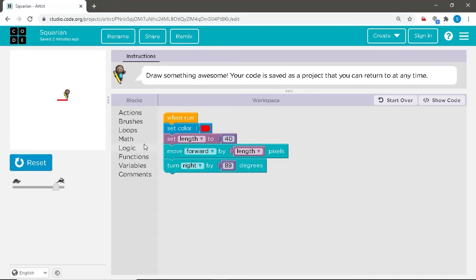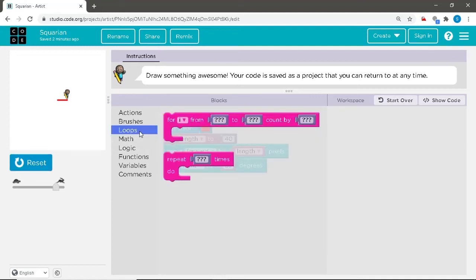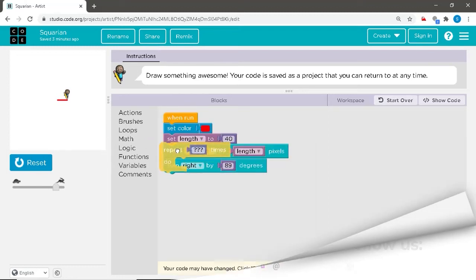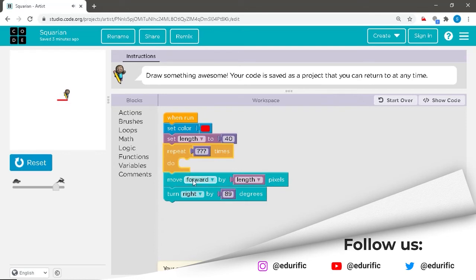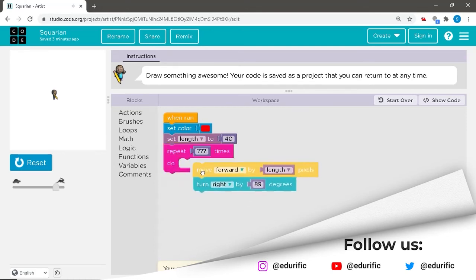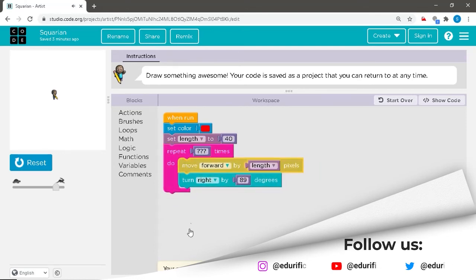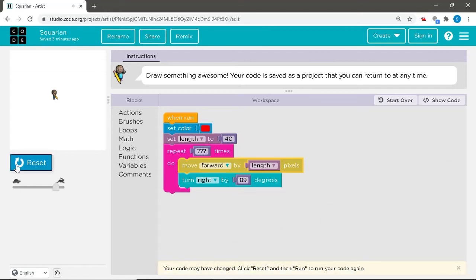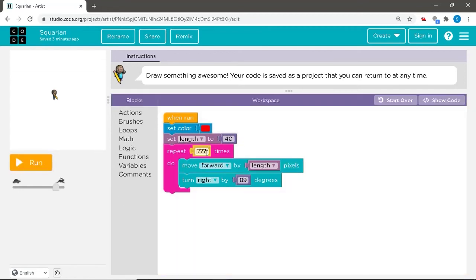We shall now go to the loop section, drag the repeat command, place it here, add these commands. Now, if you just select a value such as 48, that is, the commands move forward and turn right will repeat themselves 48 times.